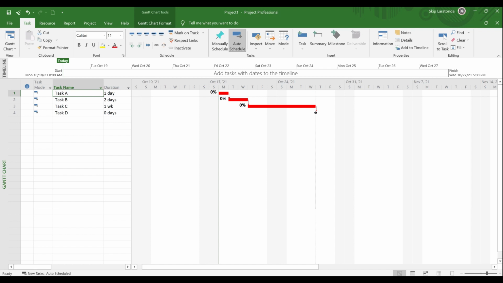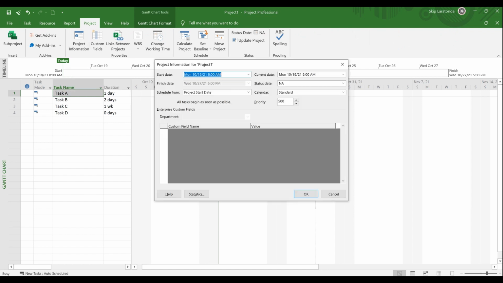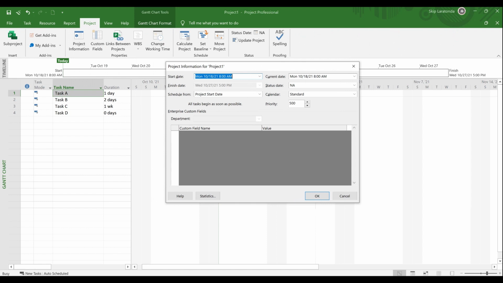So the next thing you'd want to do is you want to schedule a start time. So in the second lesson, I'll show you where you can go in and you can click project. This is a project thing, and you can click on project information. When you go into project information, notice that you can schedule from a start date or you can schedule from a finish date. If you schedule from a finish date, okay, you can put in a finish date here, and it'll calculate the start date based on your durations. So that's why it's grayed out. Or some people like